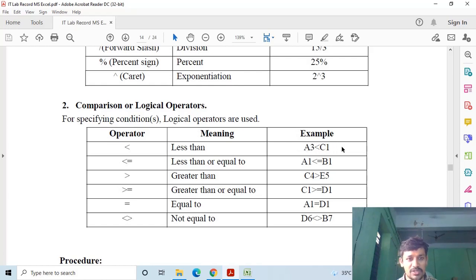To compare two cells, whether the two cell values are equal, less than, greater than, or not equal, we use these comparison operators.